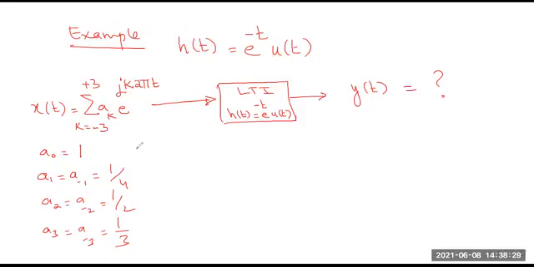So now we can apply the Fourier series tool that we have developed, because input to this LTI system is represented in Fourier series. Based on the discussion we had, we know that output will also be a signal like this multiplied with a particular function that we call the frequency response. So if I want to represent the output, I can say that output can be generally represented as